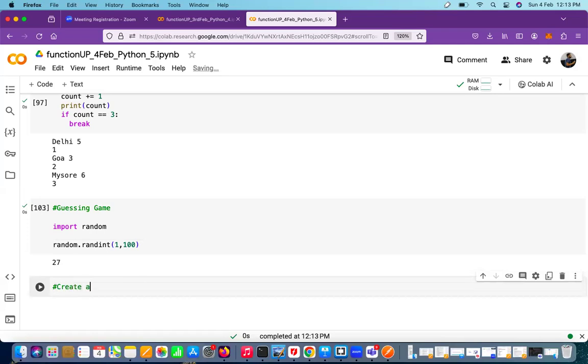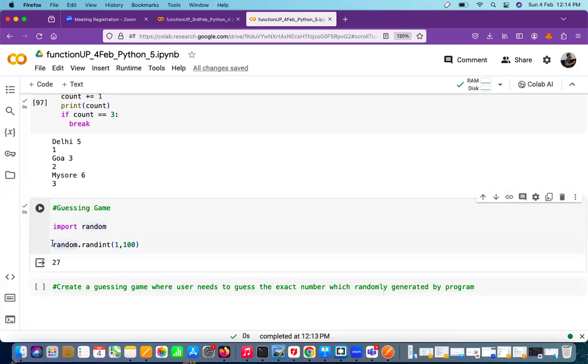Create a guessing game where the user needs to guess the exact number which is randomly generated by the program. What it means? Let's see here, I'll store this number into a